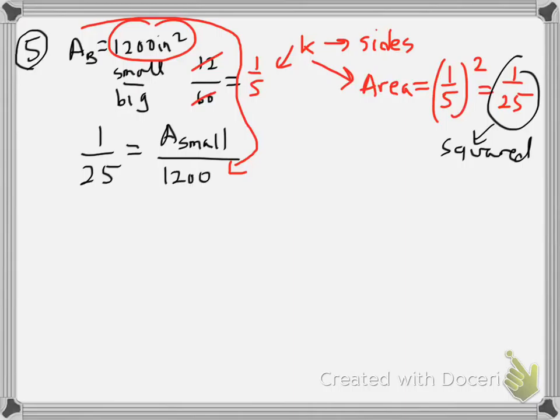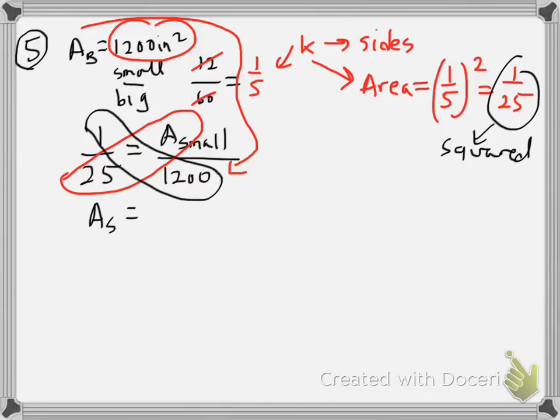So I just need to cross multiply and solve that one. The area of the small one, I'm going to call it S for small, is equal to 1200 there. Oh, I forgot the 25 in front. There's a 25 there. Okay, now I can divide by 25, divide by 25, and the area of the small one is